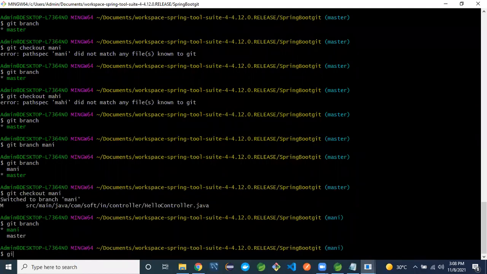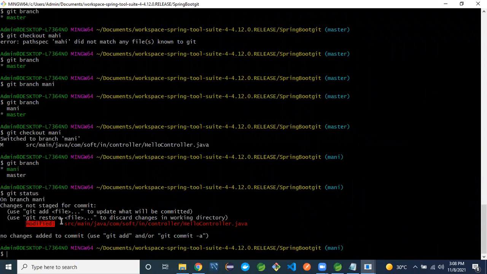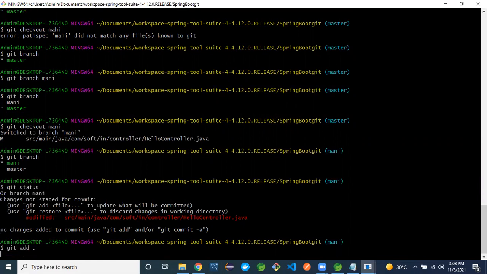Same, git status. See, one method has changed under the controller, the hello controller. Git add space dot.